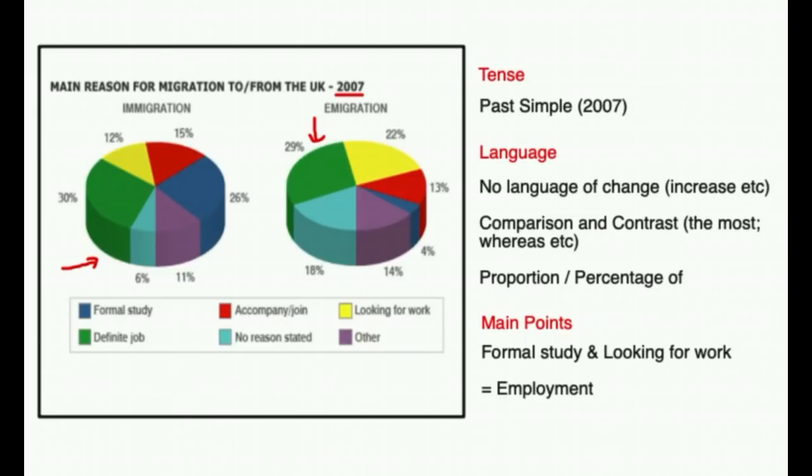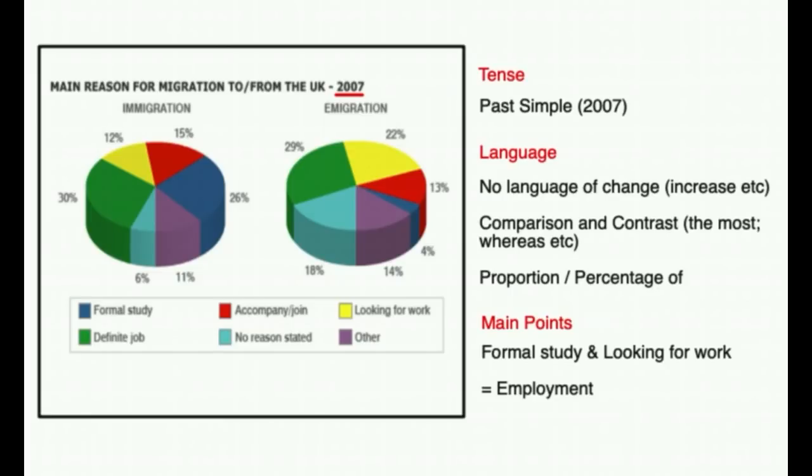Thirdly, what you should do when you're analysing this type of chart is to identify a key point that stands out from the IELTS pie chart that you can use for an overview. After you have introduced what the IELTS pie chart shows, you should have an overview with this key point in. To do this, it's sometimes a good idea to look for things that are larger, as that's often the most important. In this case